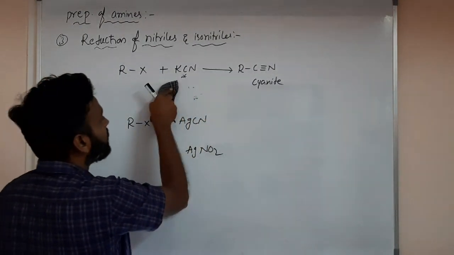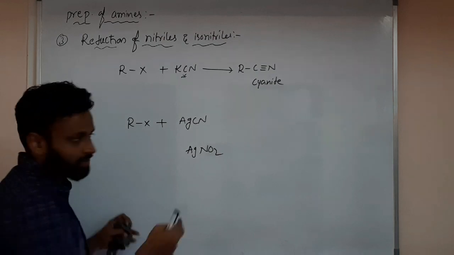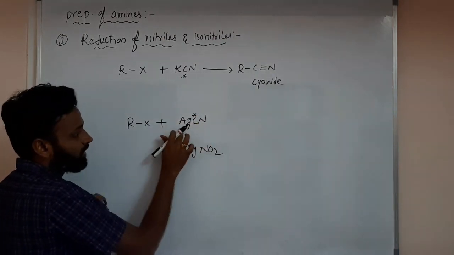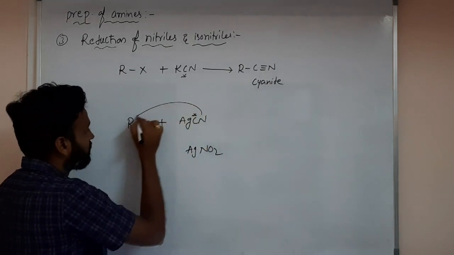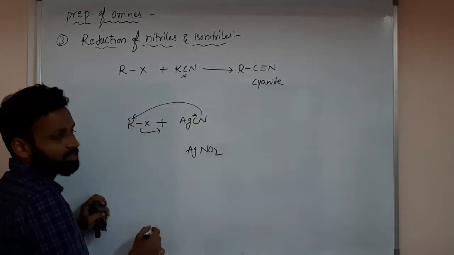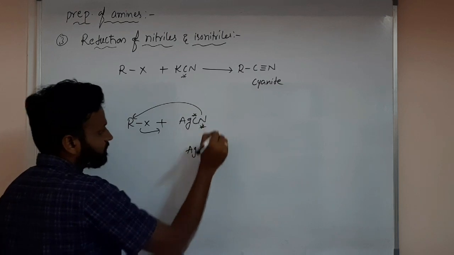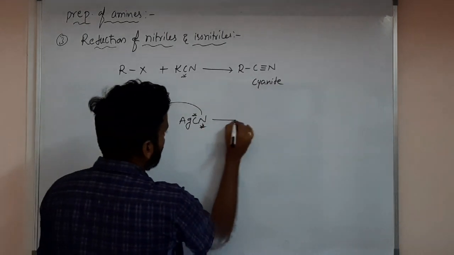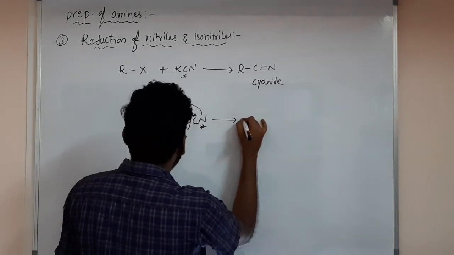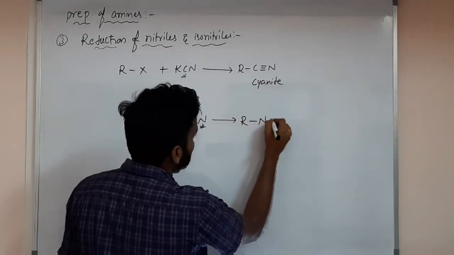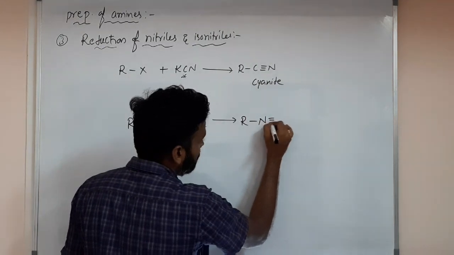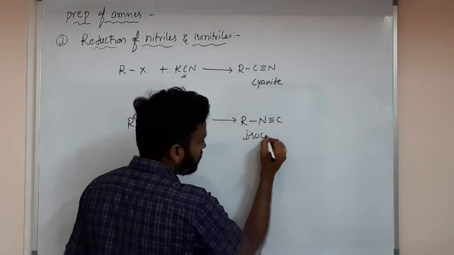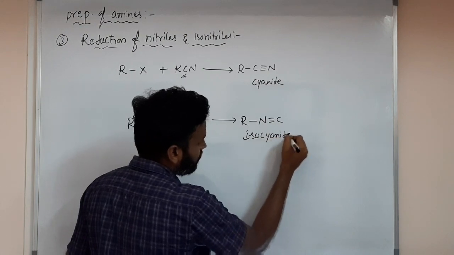I told you they are ionic, that's why. The reason I also gave in the previous class. But silver compounds are covalent. So carbon is in covalent bond with silver, so nitrogen will form a bond here with the alkyl group and X minus leaves. Who is forming the bond here? Nitrogen. So NO2 is not required for us; isocyanide is required. So RNC you will have, R-N triple bond C. This is isocyanide.